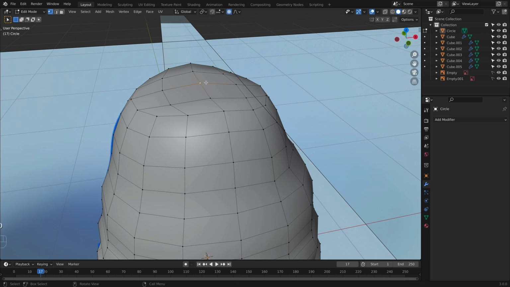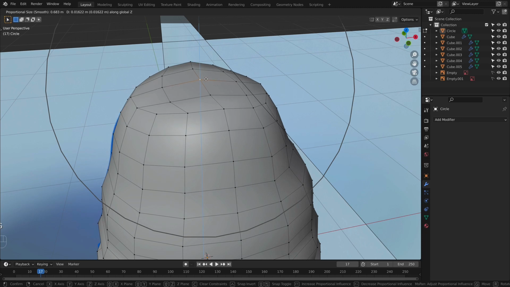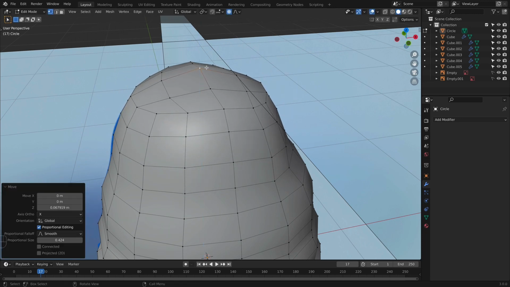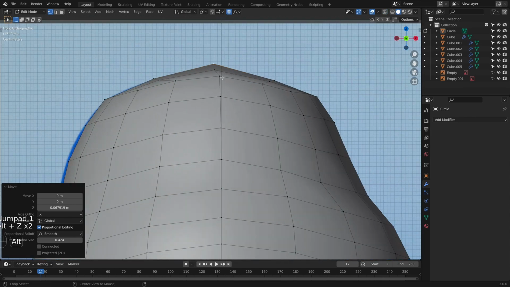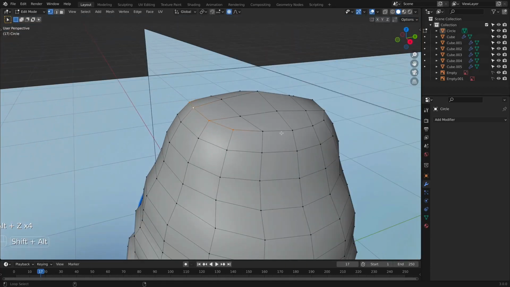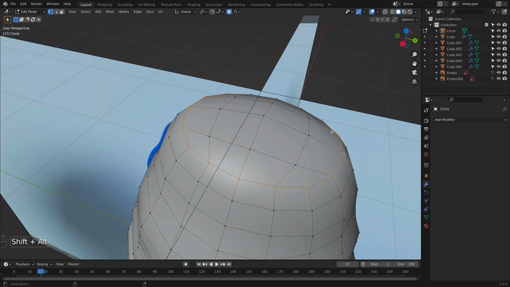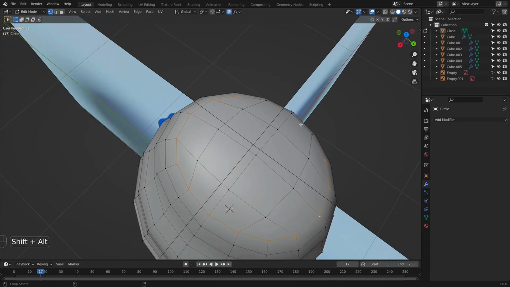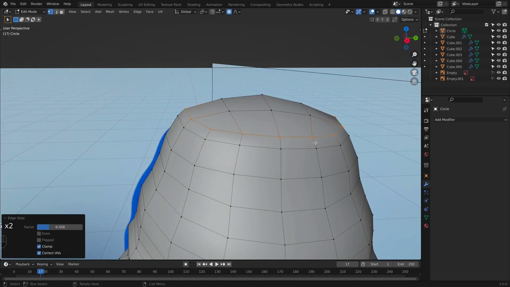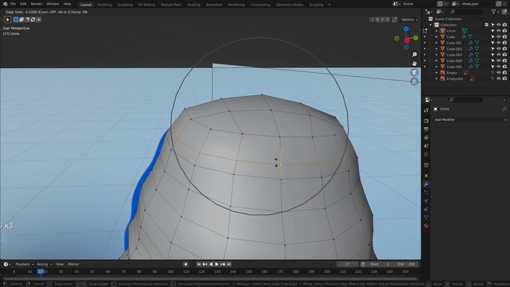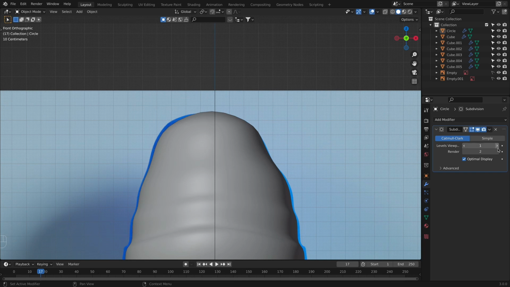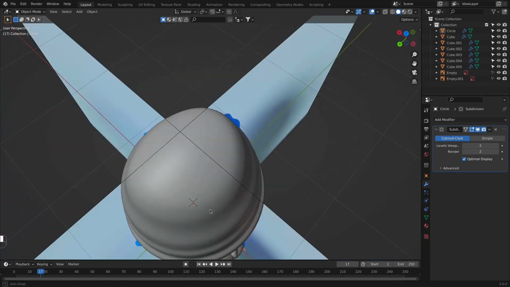Turn on the proportional editing with O on your keyboard. Turn down the value of the proportional editing. Let's go across. Select this part, double G, pull it down, pull this down as well, shade smooth, and now we are going to add the subdivision surface modifier, and on top you can see how